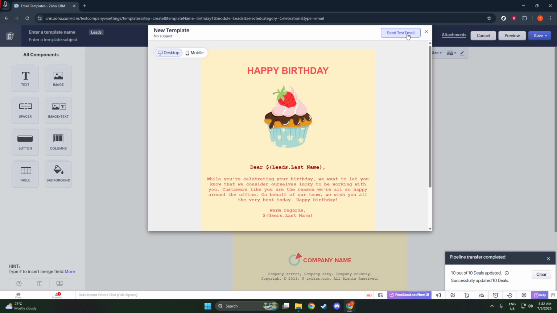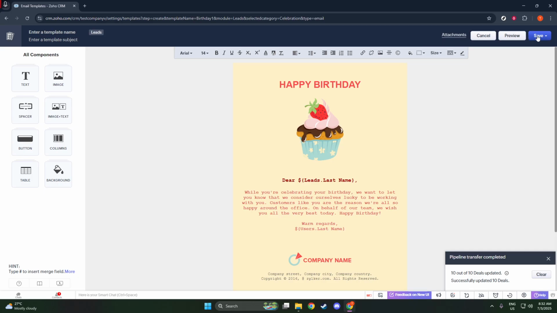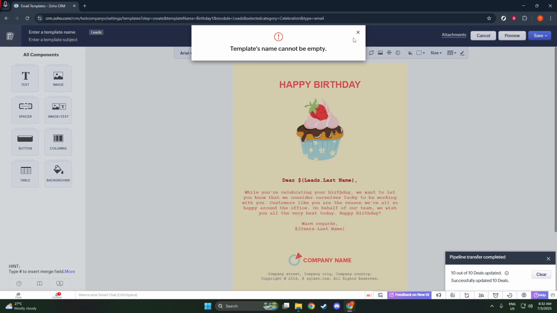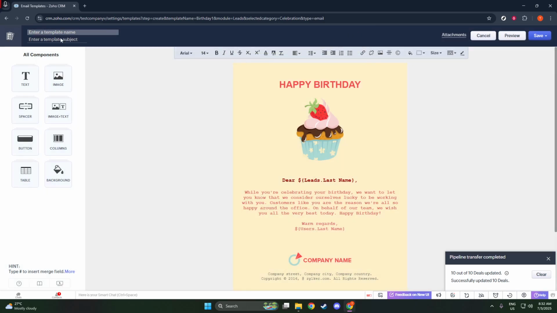Finally, it's time to save and organize your hard work. Provide your template with a clear and descriptive name and subject line. Select a folder to categorize your template, such as My Templates or Shared Templates, facilitating easy access and collaboration among your team members. By organizing your templates effectively, you can streamline future email campaigns and maintain a professional standard in